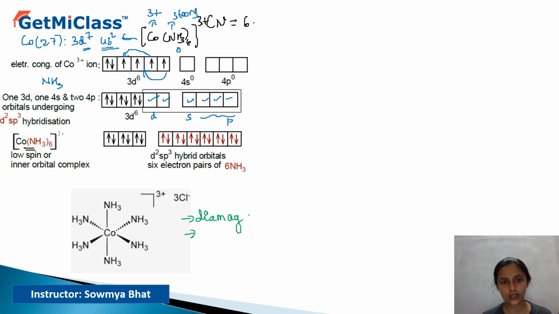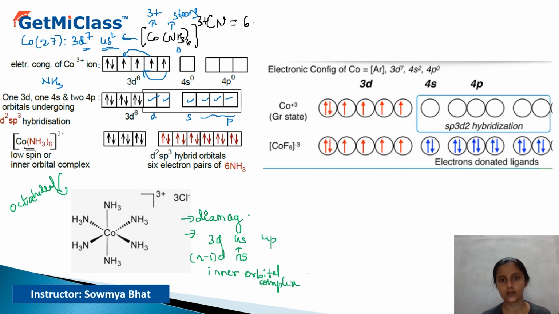And here the d orbitals involved are 3d, then 4s and 4p, these are the orbitals which are going to hybridize. If this is the ns orbital, that's 4 is n, then 3 will be n minus 1 d. So the inner d orbitals are involved here, so this is called an inner orbital complex. If the hybridization is d2sp3, you can see the structure is octahedral. We have one more complex of cobalt,